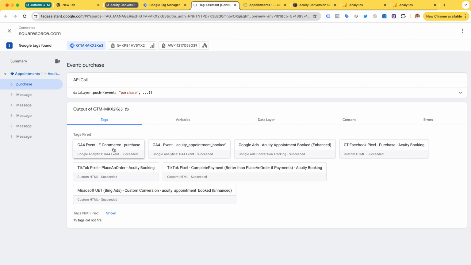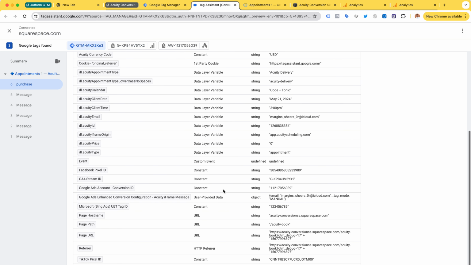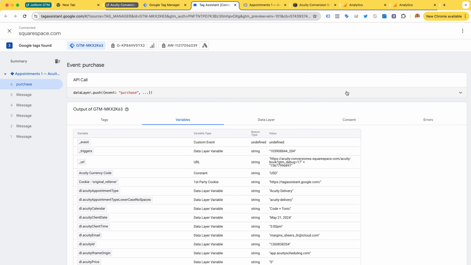for Google Analytics, Google Ads, Facebook Pixel, TikTok, even the Microsoft Bing ads. All of those are conversion tracked using Google Tag Manager. You can hire me to do this. You can purchase the conversion tracker, and yeah, this is an amazing setup. But the phone number is missing. So what we can actually do, it seems,